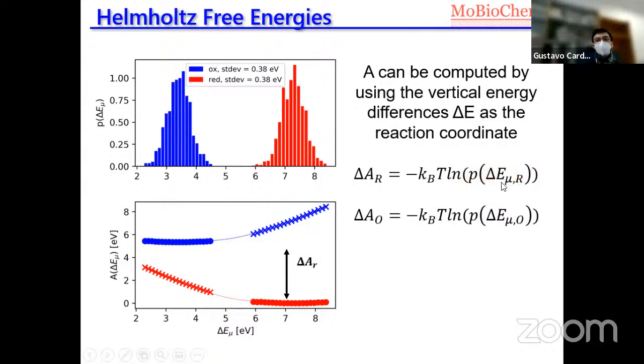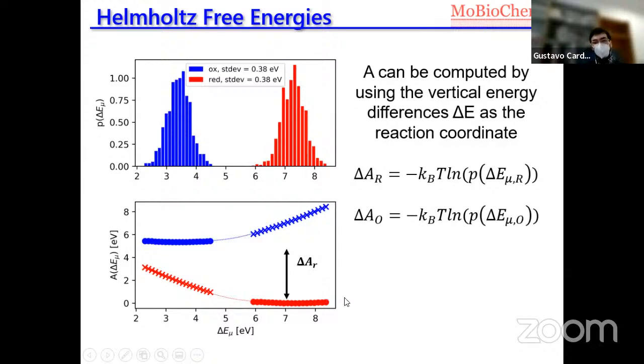The probability distribution of the vertical transition energies, in the sense that, for example, if you run one trajectory in the reduced species, so you perform your molecular dynamics simulation of the reduced species,